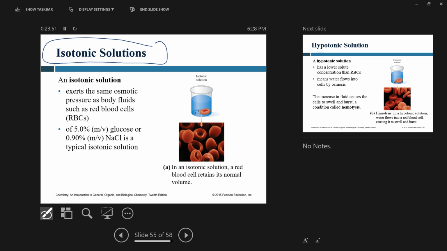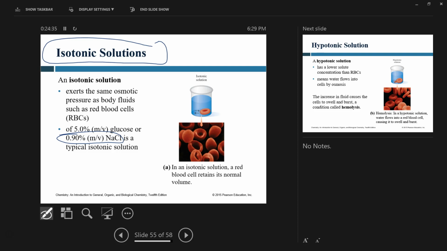Osmotic pressure depends on the concentration of particles, but it doesn't really depend on the nature of particles. Does that make sense to you? Let me explain. An example of an isotonic solution is a 0.9 mass/volume percent solution of sodium chloride. That is a typical IV fluid, an isotonic solution. Now, what if, hypothetically, just for lab purposes, you replace sodium chloride with